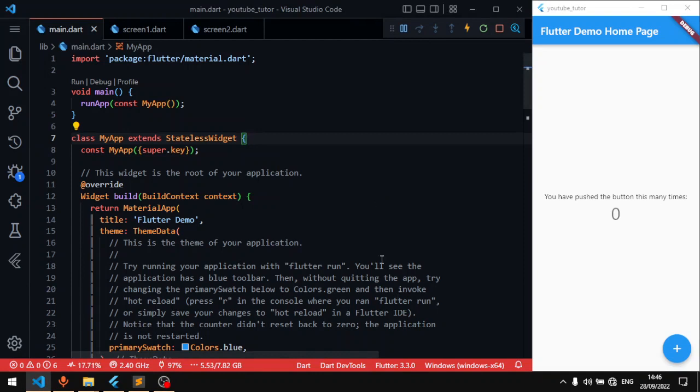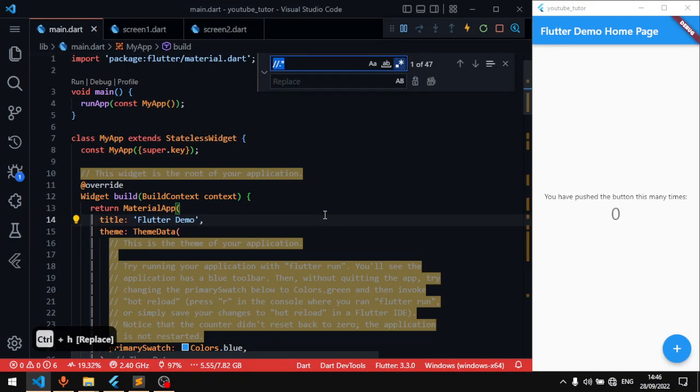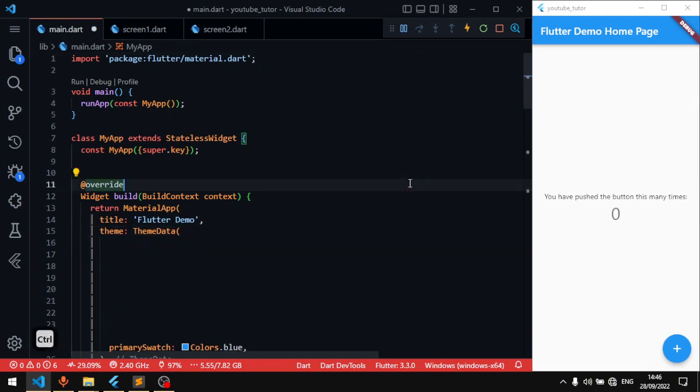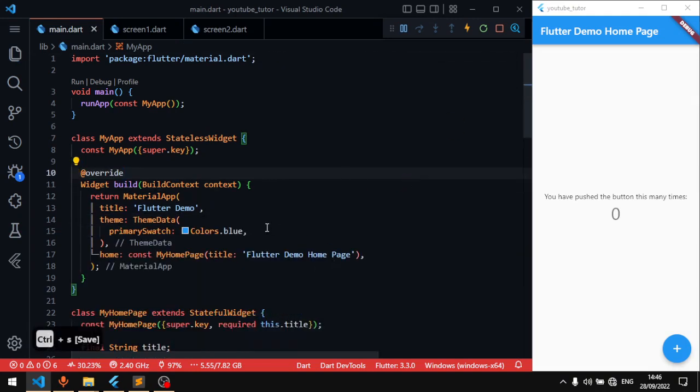In this video I will show you how to make a large or medium app bar. I already created a new Flutter project. Let's remove the comments. Press Ctrl H and use double slash dot star. Select this and click on replace all. Now press Ctrl S to save